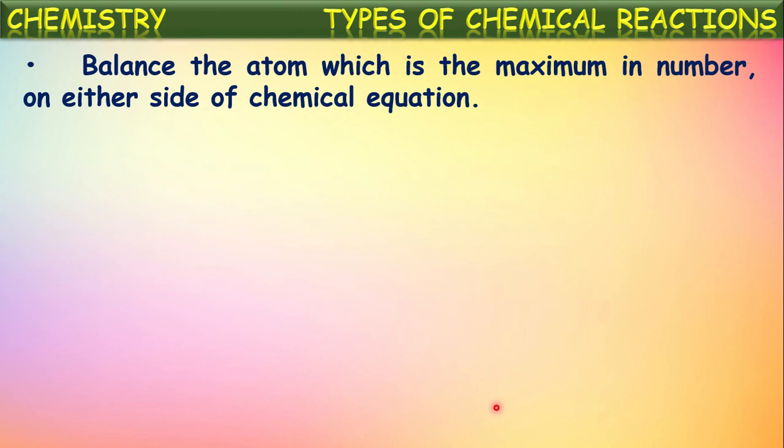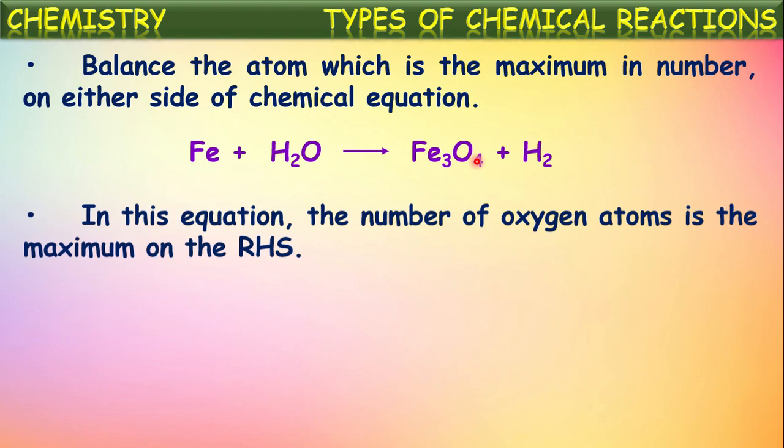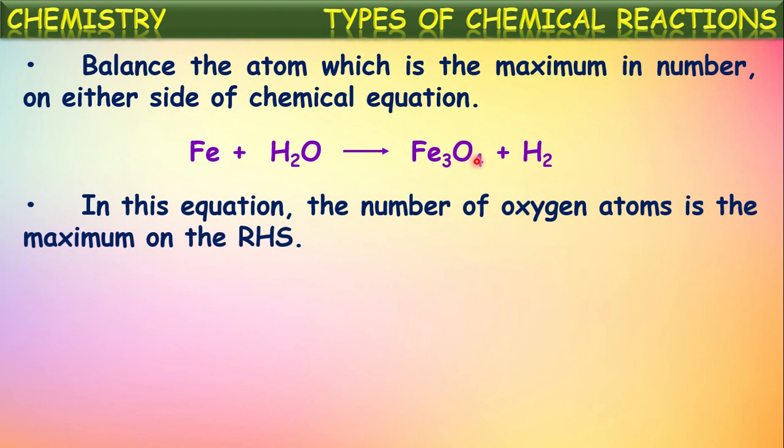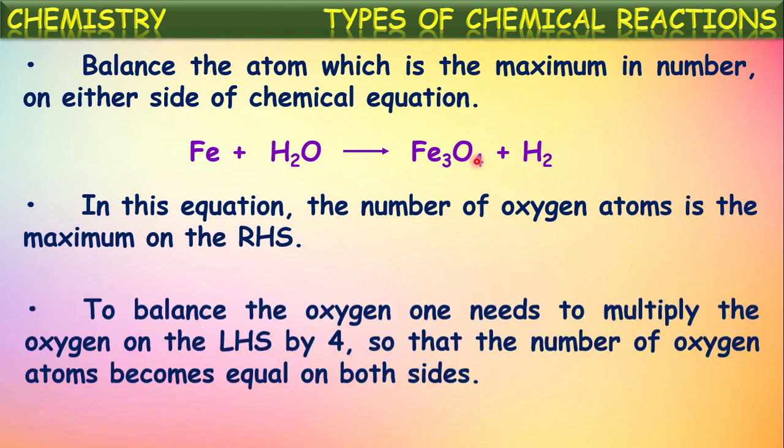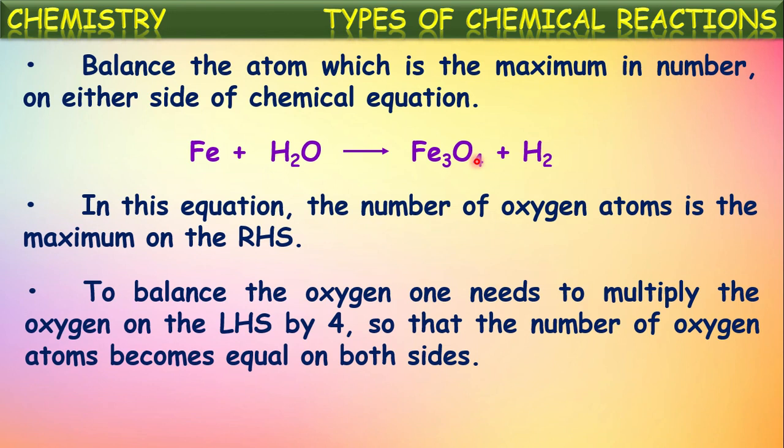So let us balance the atoms which is the maximum in number on either side of the chemical equation. Say oxygen atoms: there is only one atom on the left hand side, but there are four oxygen atoms on the right hand side. So the oxygen atoms are maximum on the right hand side. To balance oxygen, we need to multiply the oxygen atoms on the left hand side by 4,